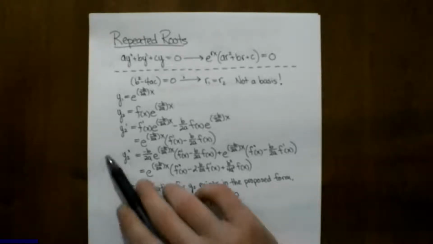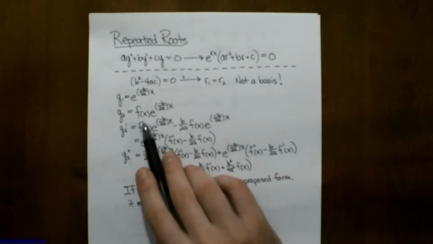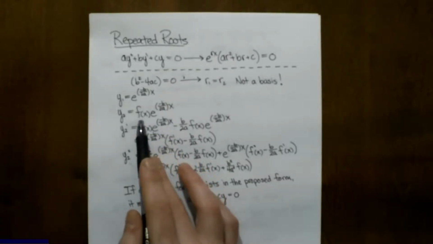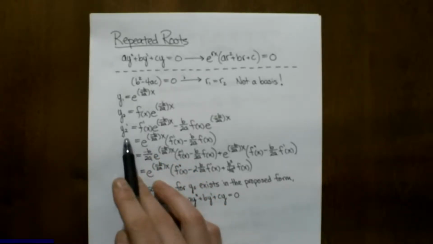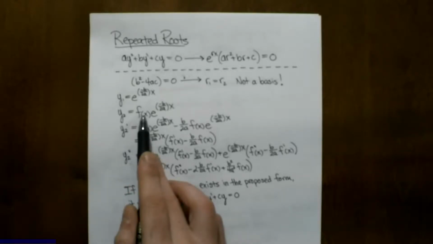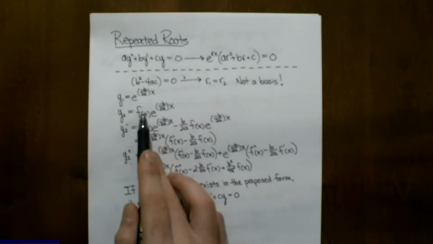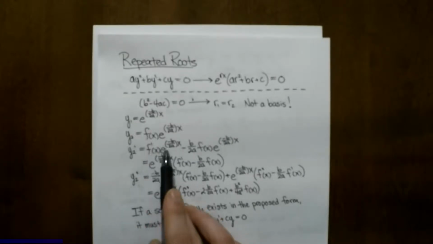So, rather than a scalar multiple, let's consider if there's perhaps a suitable function that we could multiply our solution by, such that it's different from our previous function, but still holds true. If such a function exists, let's call it f of x. If we take the derivative of this, we'll have to do the product rule here: the derivative of the first times the second, plus the first times the derivative of the second. So we then have f prime of x times the second, which is e to the negative b over 2a x,